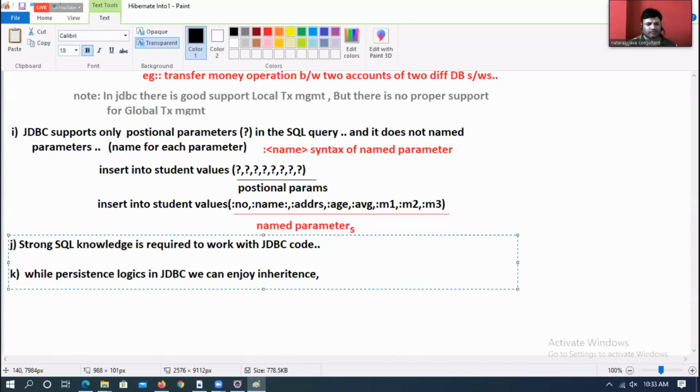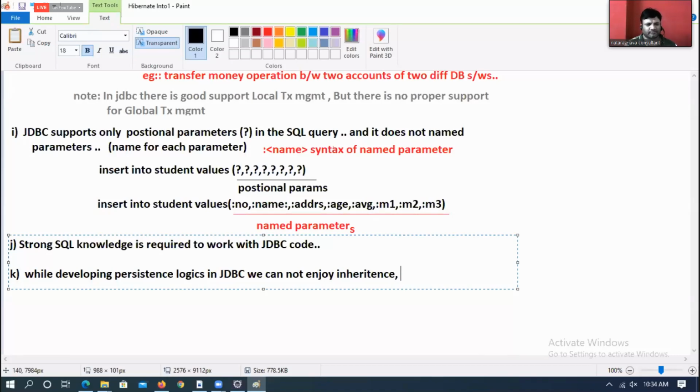Yes, I am coming to it. So our positional parameters are bad, sir. Nowadays everyone is using named parameters. They are bad, that's why use named parameters, not when to use, when not to use. Always prefer using named parameters, but somehow in JDBC there is no support for named parameters.